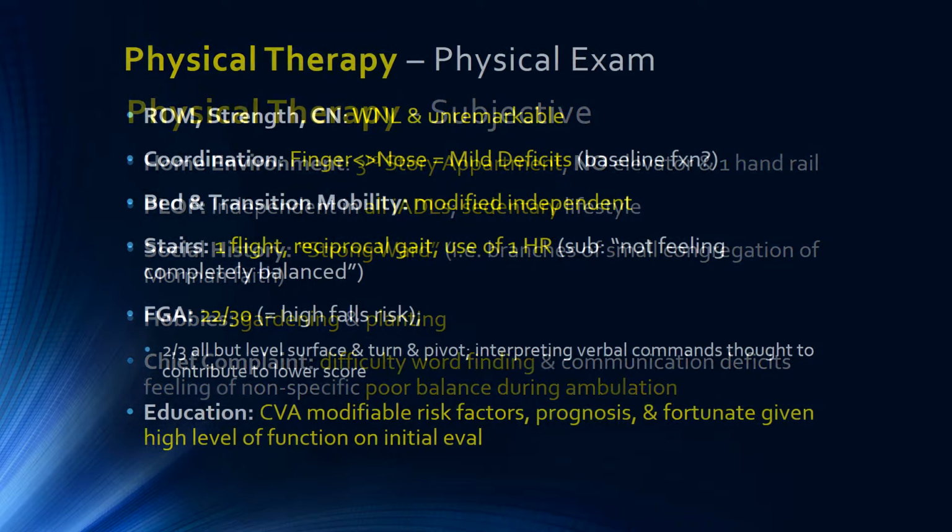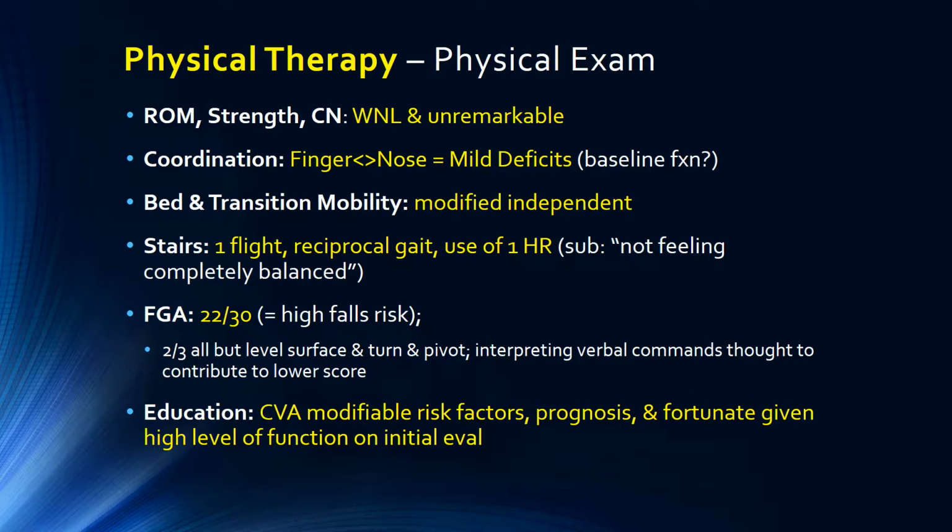On physical exam, her range of motion, strength, and cranial nerves were relatively unremarkable and within normal limits. Her coordination of finger to nose had a mild deficit, so mild in fact that we couldn't really chalk it up to whether this was due to a recent neurological insult or whether it was her baseline. Her bed and transitional mobilities were unremarkable. She was able to navigate a full flight of stairs reciprocally, and then her FGA, her falls risk, was a